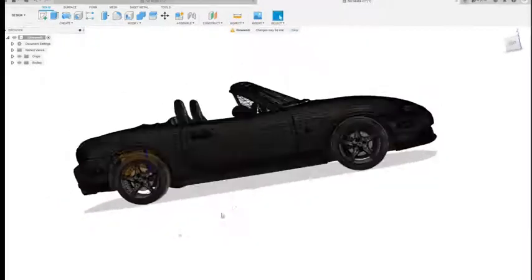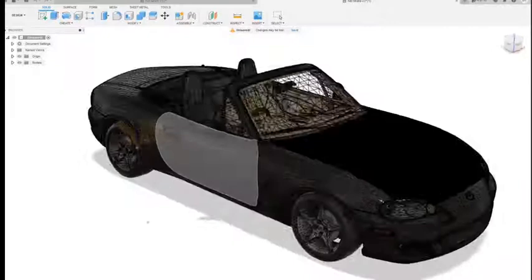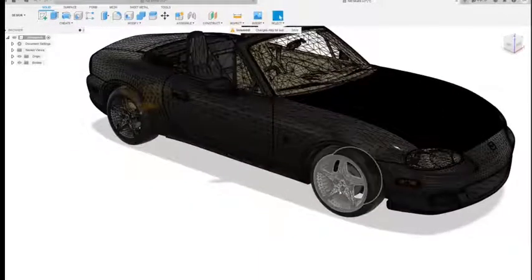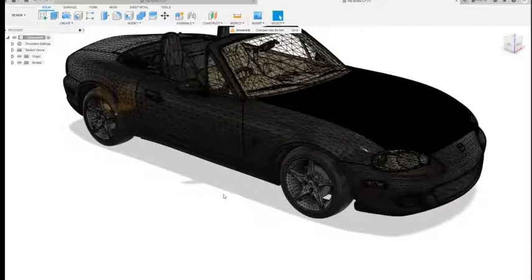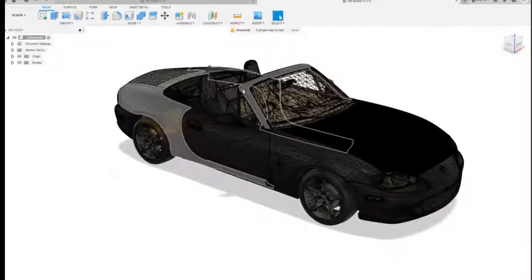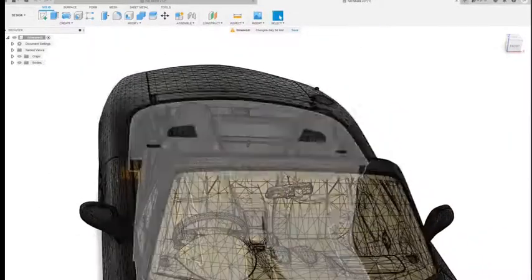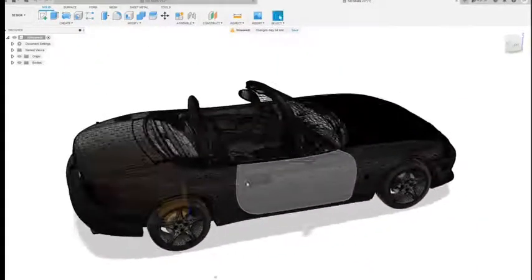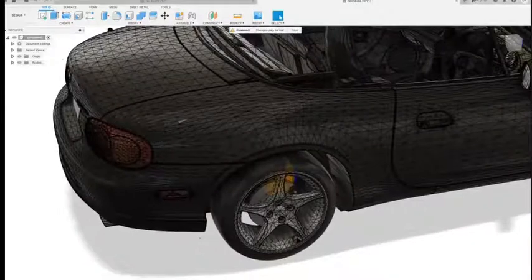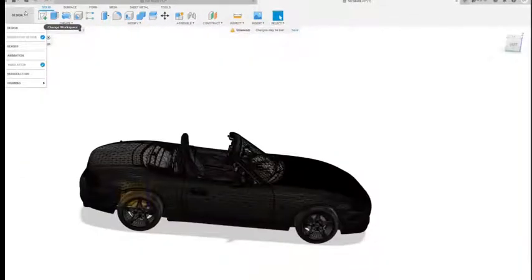Alright, so like I said, I started off with a 3D scan. It looked pretty accurate. I went out and measured the wheelbase to make sure it's correct, make sure it's all scaled correctly, and measured maybe the front windshield width and compared that with real life. Some of the major points that are going to be important for your design, whatever you're designing it around, make sure that part of your scan is accurate. So most of what I did